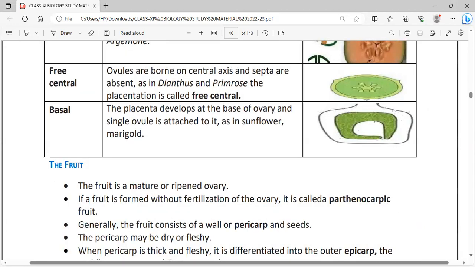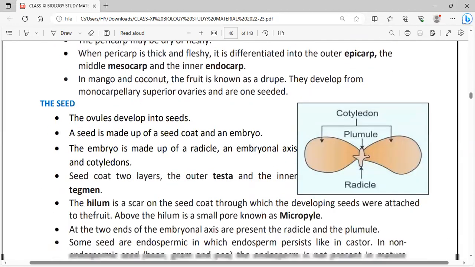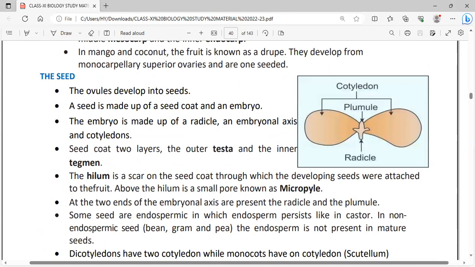So these were the main parts in the fruits, and then the seed is having cotyledons. Then if two cotyledons are present, then the seed is called dicot plant and the plant is called dicot. If one cotyledon is present, then it's called monocot. डाइकॉट में सेंटर में एम्ब्रियो है, आप देख सकते हैं. Plumule region is the region which will produce primary stem, and the lower region is the root region radicle which will produce the